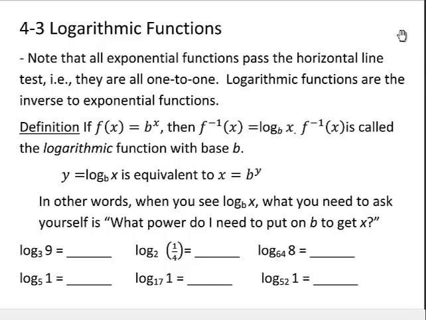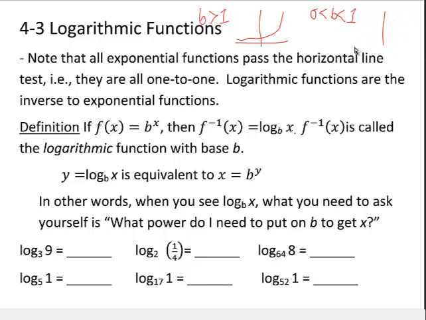Now we're on Section 3 in Chapter 4, dealing with logarithmic functions. One thing to remember from earlier is that exponential functions pass the horizontal line test. If you think back to what the basic exponential looks like, as long as b is bigger than 1, it looks a little something like this, where it's flat on one side and then ramps up quickly going the other way. If b is between 0 and 1,